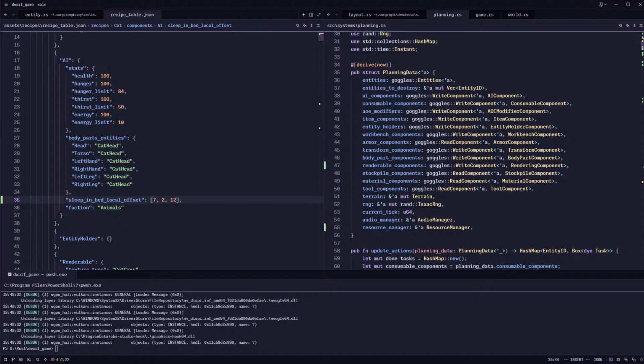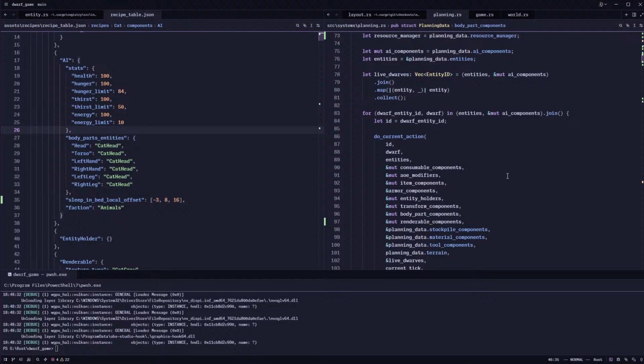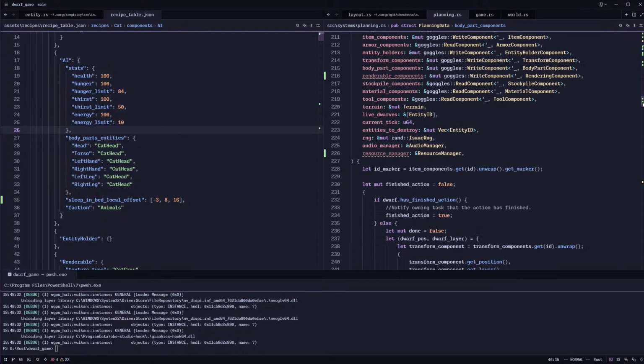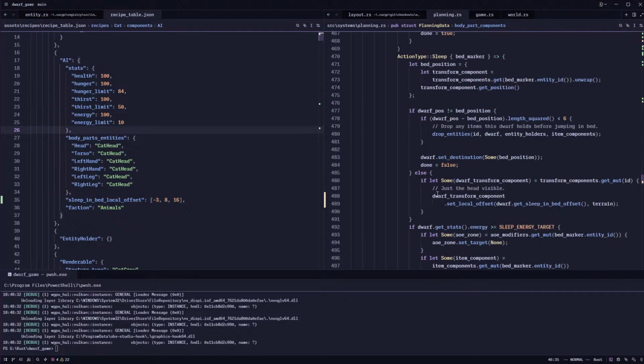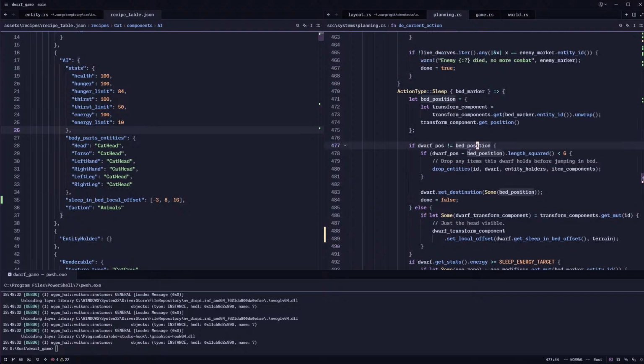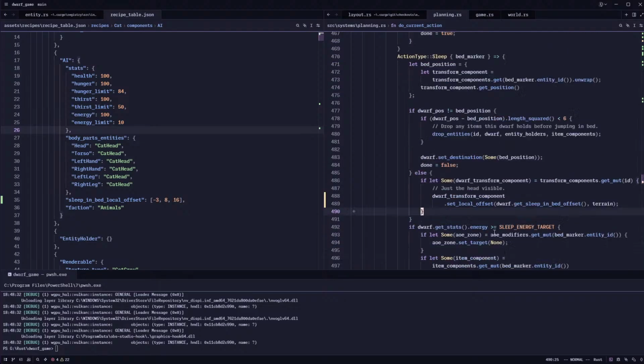Okay, sorry, got distracted. -3, 8, 16. And then we can try to do something easier, which is if we find the texture, because this happens from time to time, so it's not super expensive. Just the head visible, set local offset, whatever. If it's not the bed position, if it is the bed position, also